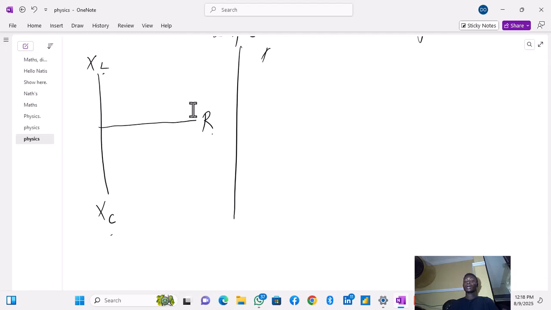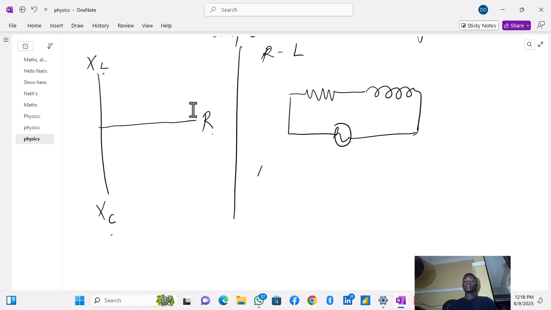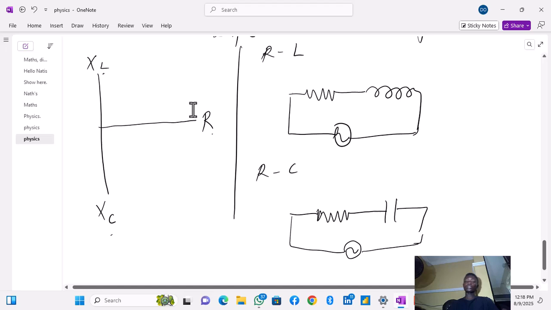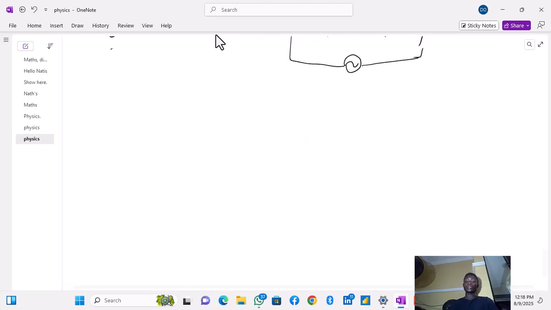For an RL circuit, you have the resistor and the inductor connected together, and then you have an AC source. This is an RL circuit. You can have an RC circuit, where you have the resistor and the capacitor connected together with the AC source. We can also have an LC circuit, where you have L, you have this, and then